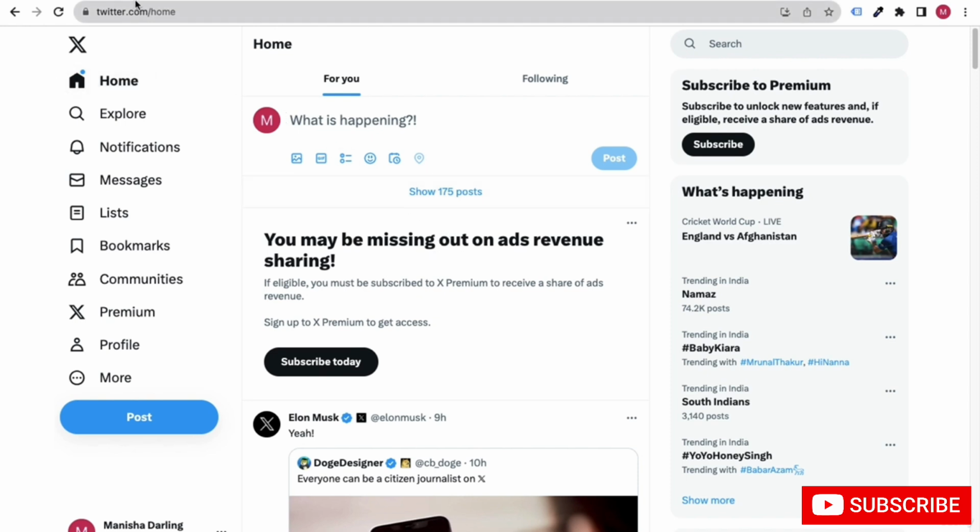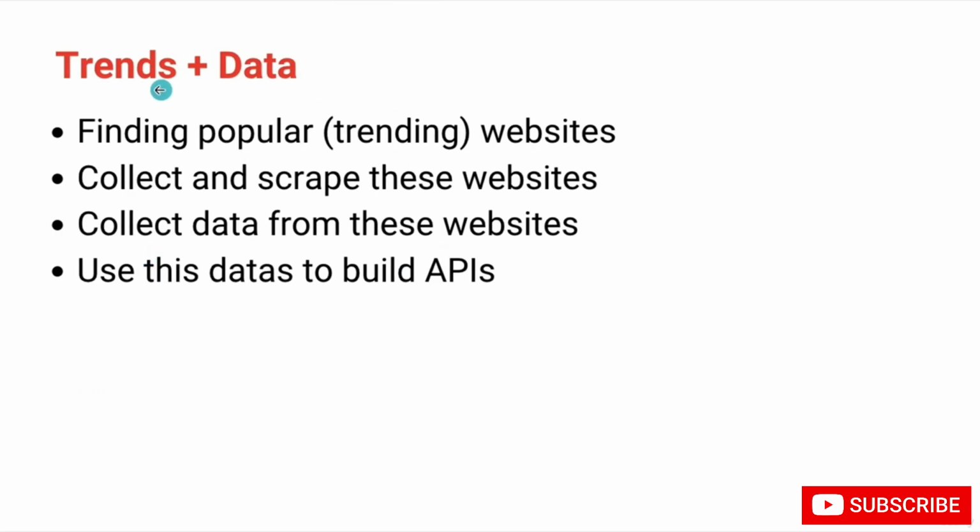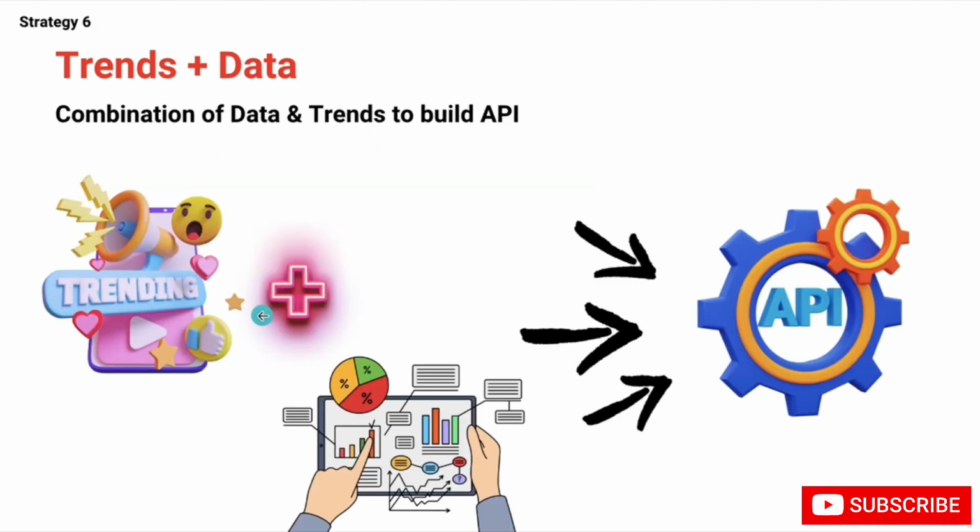So that's how it works. Basically you will use the combination of both the trending and data concepts, and you will create an API based on that concept.